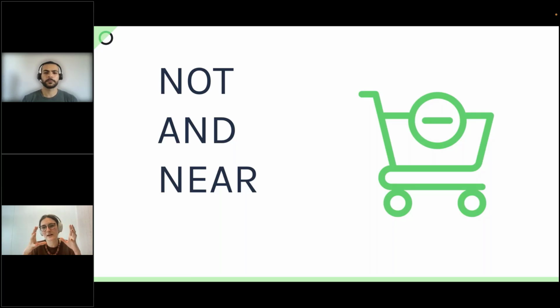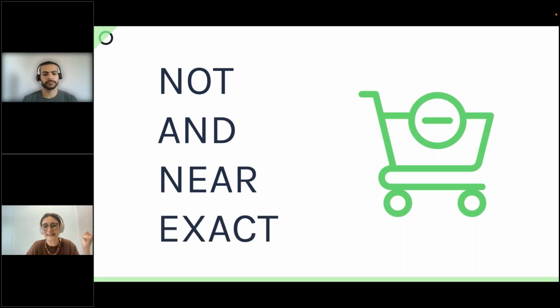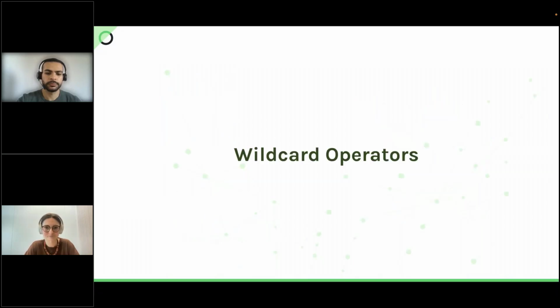We're going to say we're looking for the keywords, but we want them to be close to each other. And also the exact match operators will help you narrow down your query. So these are the tools that you have at your disposal when you are building your monitoring queries.